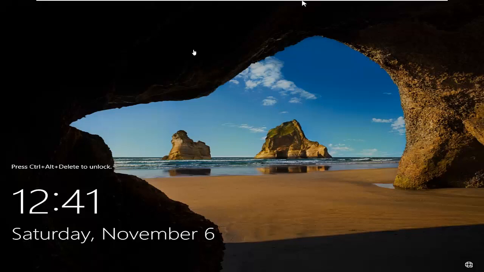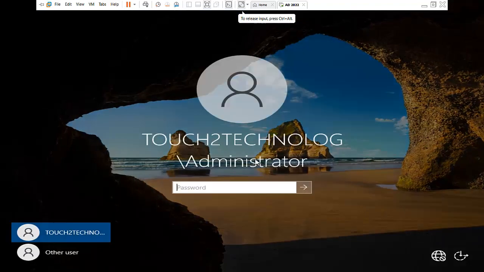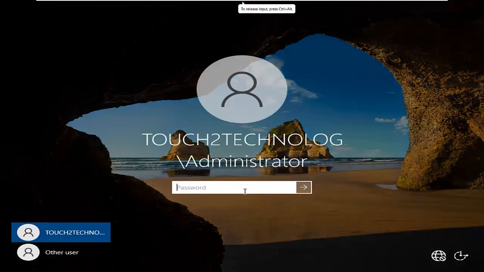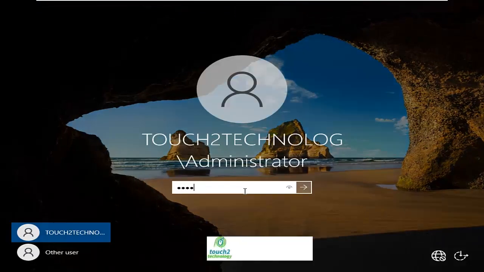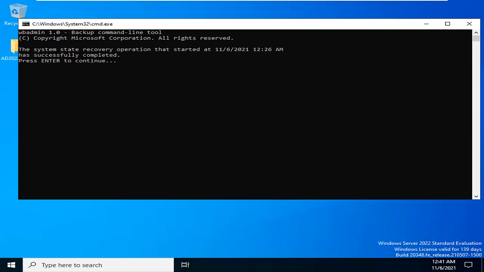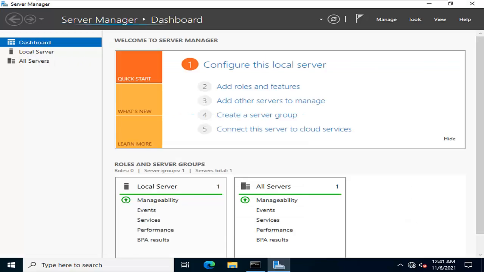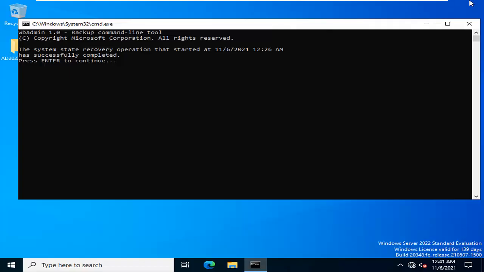So friend, I just unlocked this machine. Now you can use your domain credential. Here it is showing that the system state recovery option has started.